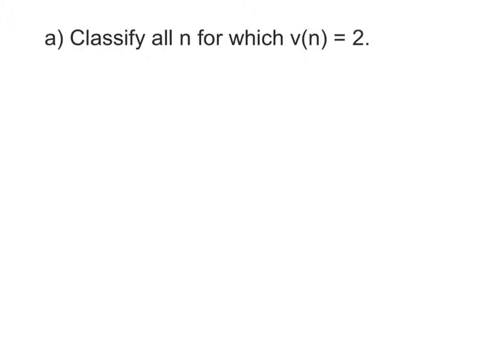So with that process in mind, let's go ahead and move on to part A. We want to classify all n for which V sub n equals 2, which is simply stating we want to classify all n's for which n has 2 divisors. Now if you think about it, what makes it only have 2 divisors? Well, simply put, it's just by taking a prime times 1. For example,